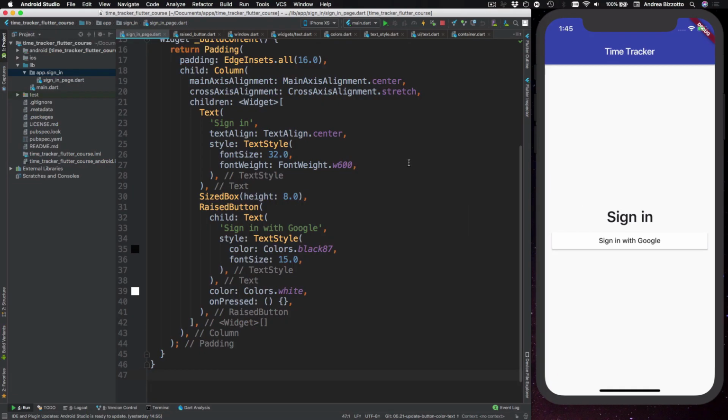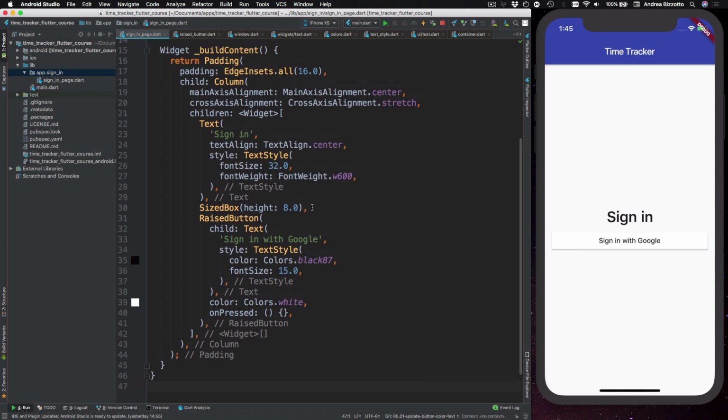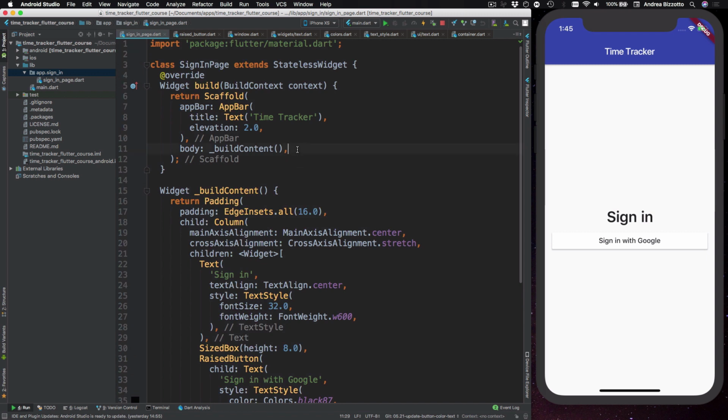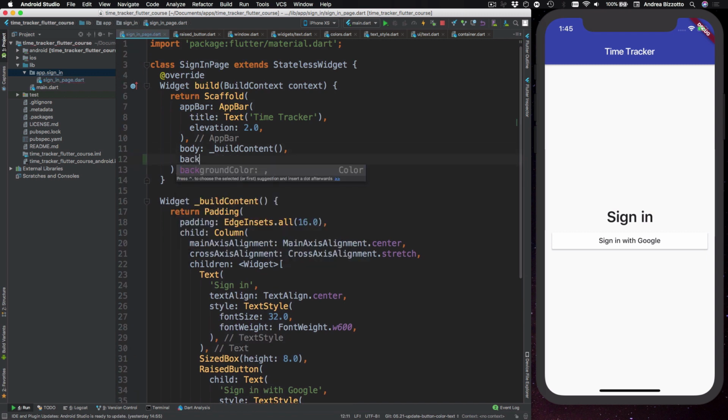We concluded our previous video saying that we want more contrast between the background color of our page and the color of our sign-in button. So to do that, we're going to use a property of our Scaffold, which is called backgroundColor. So we're going to add it over here. I'm going to say backgroundColor. And here, I'd like to choose a light gray color. So the first thing that I could try is to type in